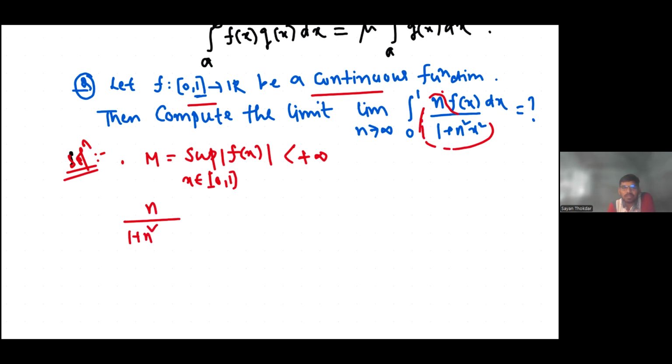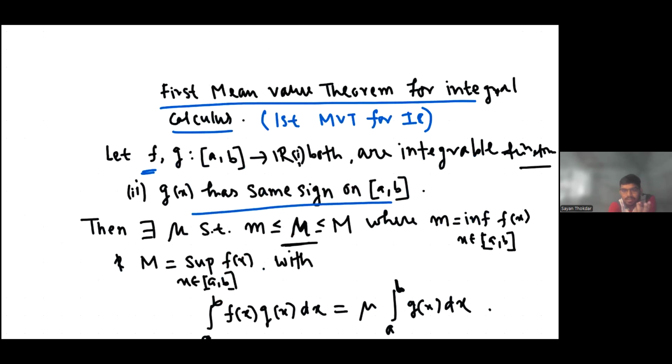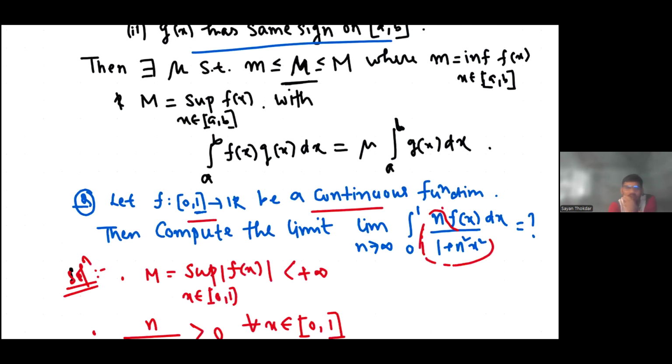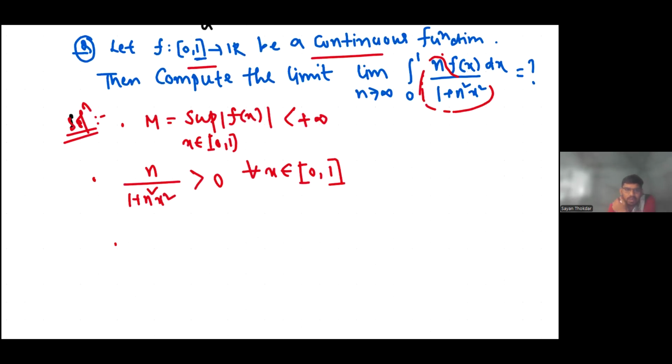This term is always positive, whatever x you take from the closed interval 0, 1. So the hypothesis of the first mean value theorem for integral calculus is satisfied here. But now think about this: what can you write for the integral from 0 to 1 of n